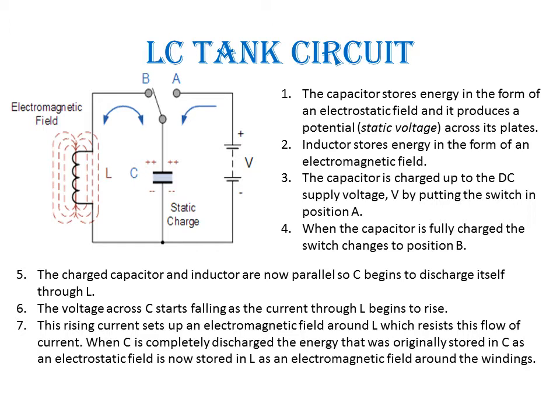The capacitor will be getting charged from the battery of voltage V, and it will acquire positive charge on the top plate. Once the capacitor has reached the full charge, we will toggle the switch and place it at point B. So the battery is disconnected at this point, and obviously the capacitor will undergo discharging. When it is discharging, it is discharging through the inductor L, so it will send out a current through the inductor L.